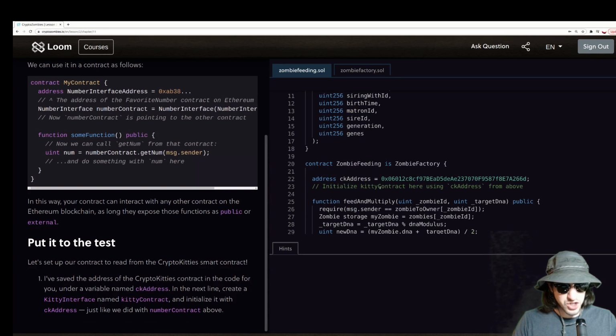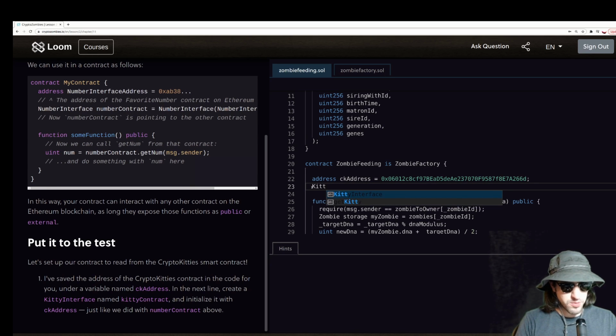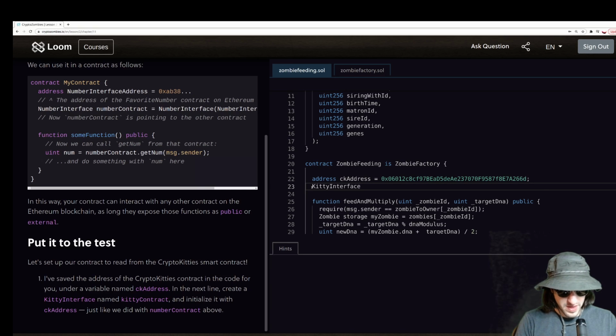Okay, let's check it out. Initialize Kitty contract here using CK address from above. That's the contract number. So we have our address, then we want to make a Kitty interface named Kitty contract, and initialize it with